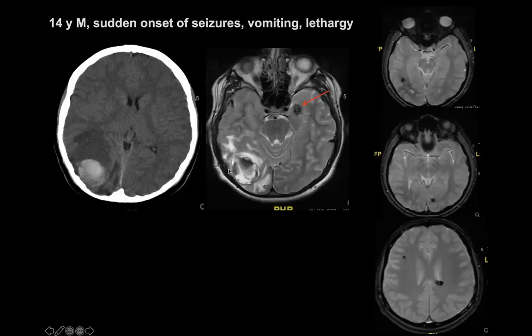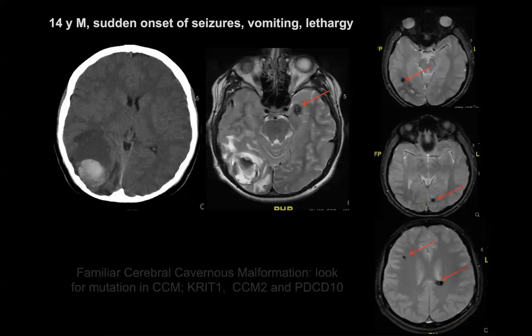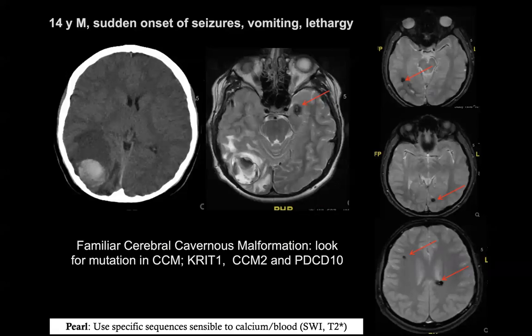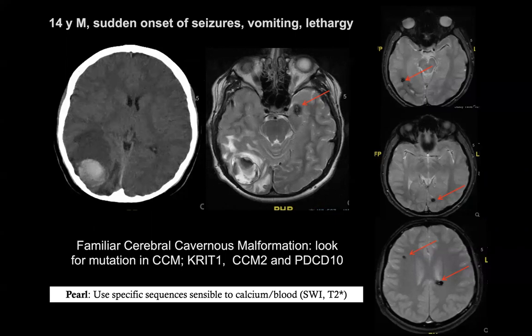This one bled before, but actually all these cavernomas here represent again the indication for genetic testing, because we know that we have something called familial cerebral cavernous malformation or cavernomatosis that is associated with 4 genes. So we know that we need to test this child, and this changed a lot from a management of an isolated bleed. Okay, so remember to change a bit your protocol, and in this case to do SWI or gradient